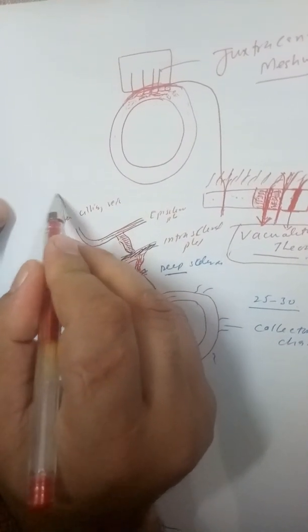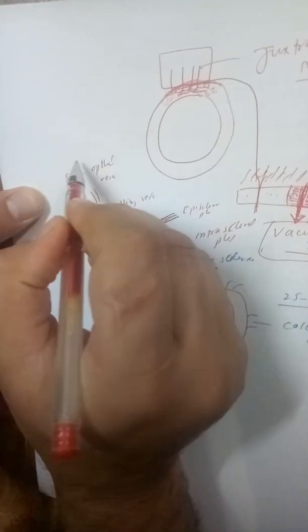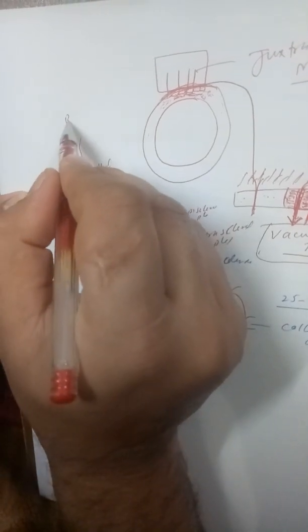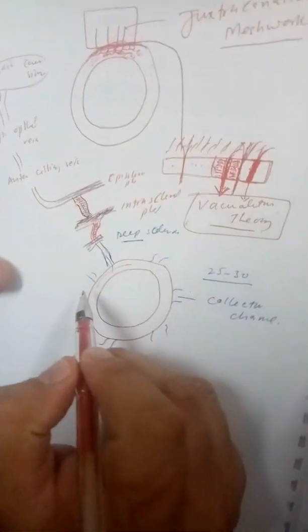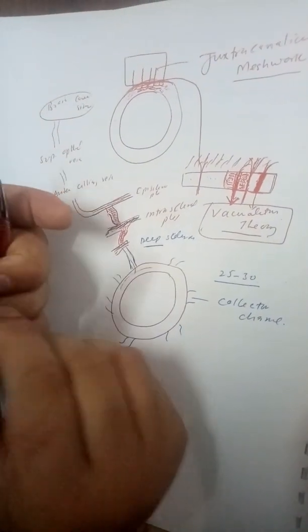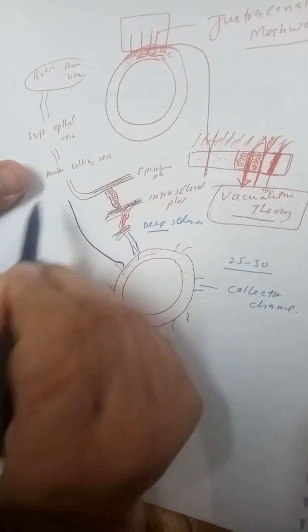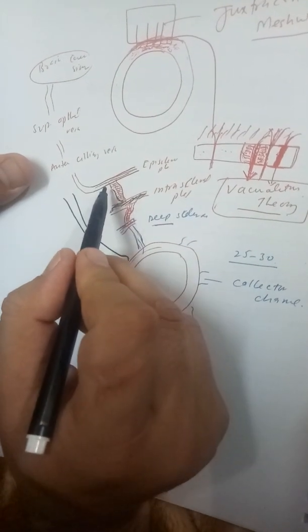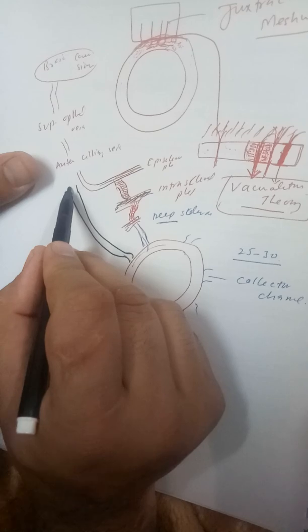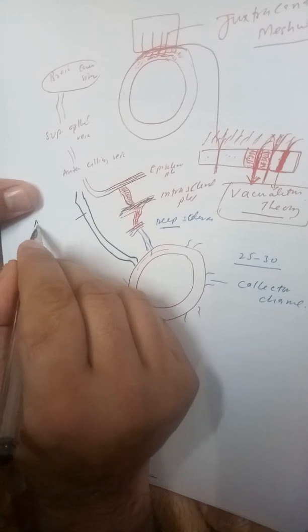and from the anterior ciliary vein, it reaches the superior ophthalmic vein, and from the superior ophthalmic vein, it ultimately reaches the brain, especially the cavernous sinus. But keep one thing in mind: there are some channels which cross, or we can say directly pass and reach here. They don't go to the deep scleral plexus, intrascleral plexus, and episcleral plexus, but go directly to near the limbus area. And what do we call them? These are called aqueous veins,